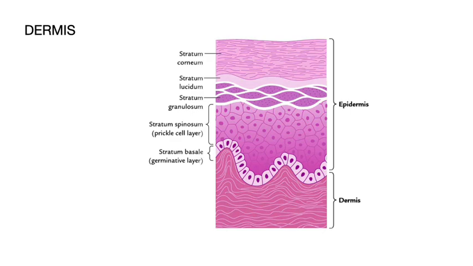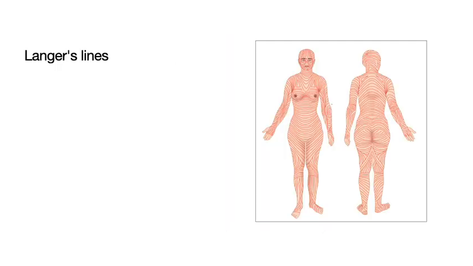Okay, so that is all about the reticular layer, where we said collagen fibers are in parallel bundles giving rise to the Langer's lines or cleavage lines. These are the Langer's lines. Look, what is seen on the abdomen is horizontal, and on the limbs they are usually vertical. So this is of more interest to the surgeons. So accordingly the incisions can be taken.